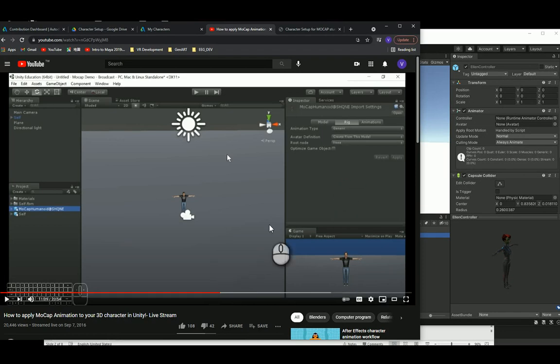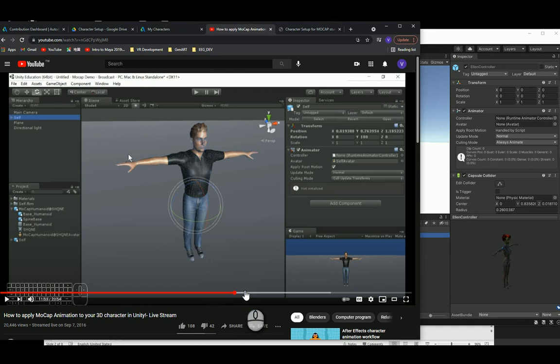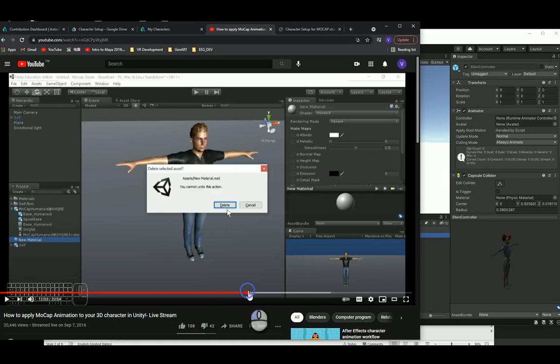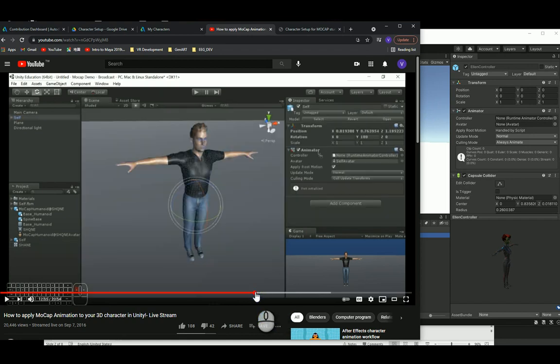Normally generic type, we can change to humanoid and apply. And then later we use the character's avatar and the source we are going to give from the motion capture data. Actually this one is pretty simple, easy, but the issue is in